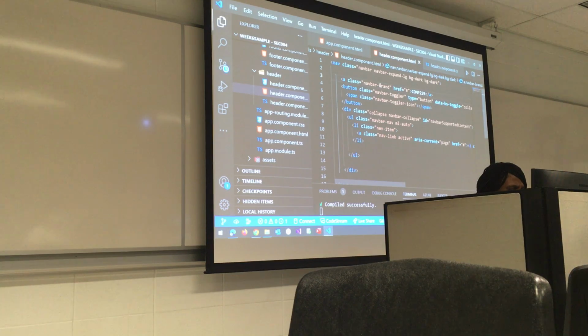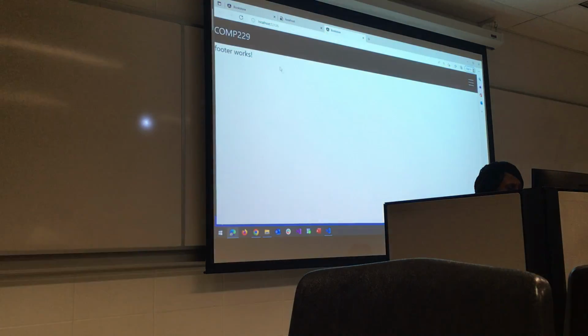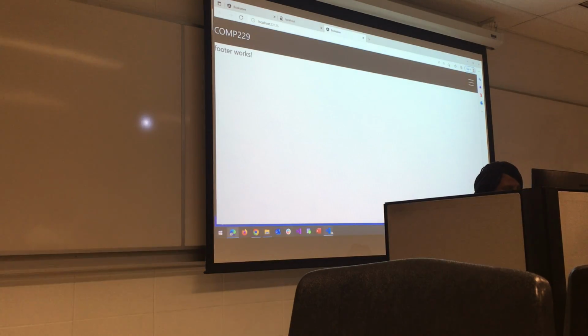It ought to show us the class navbar, navbar-expand-lg, okay. Navbar-dark, then bg-dark. Let me see. Okay, so that's the error.